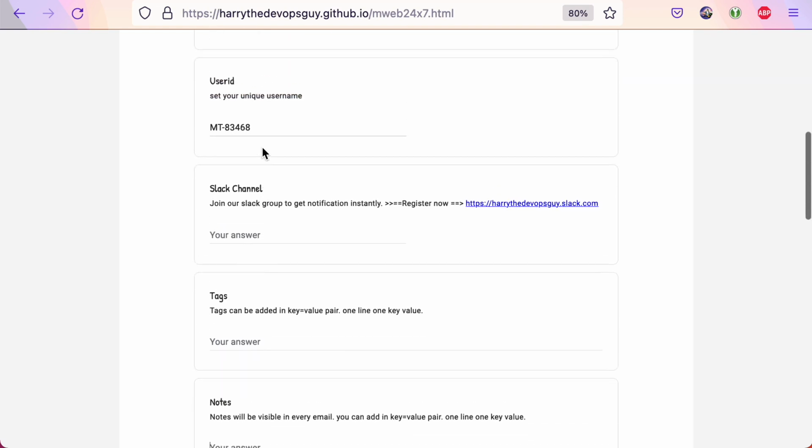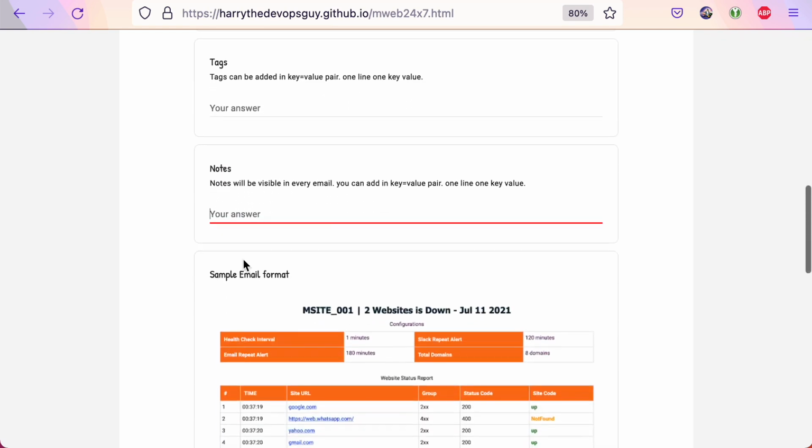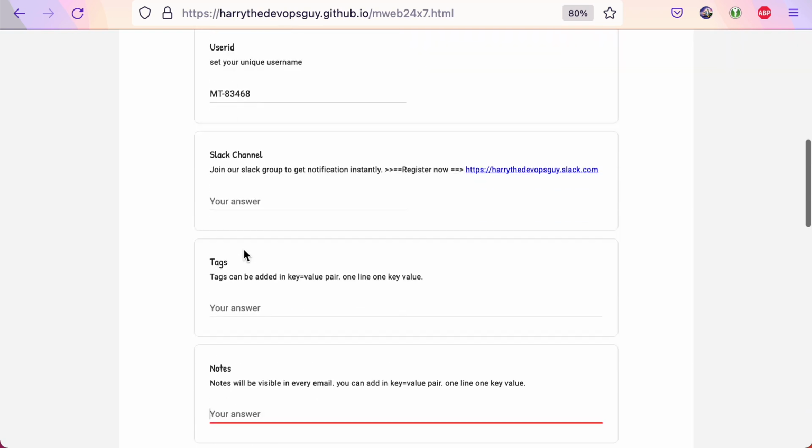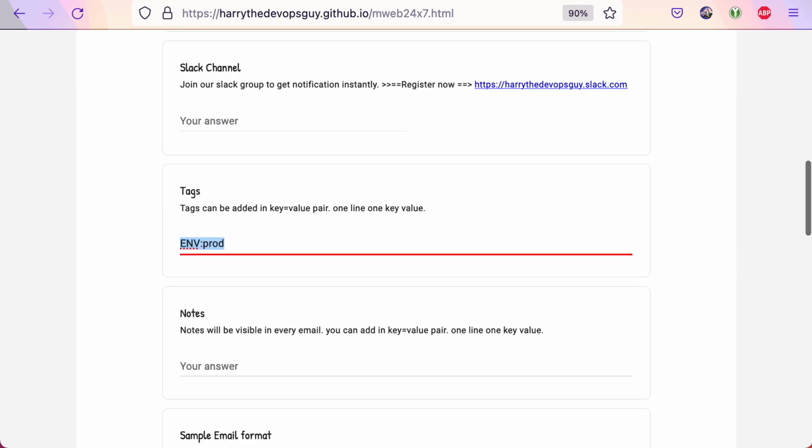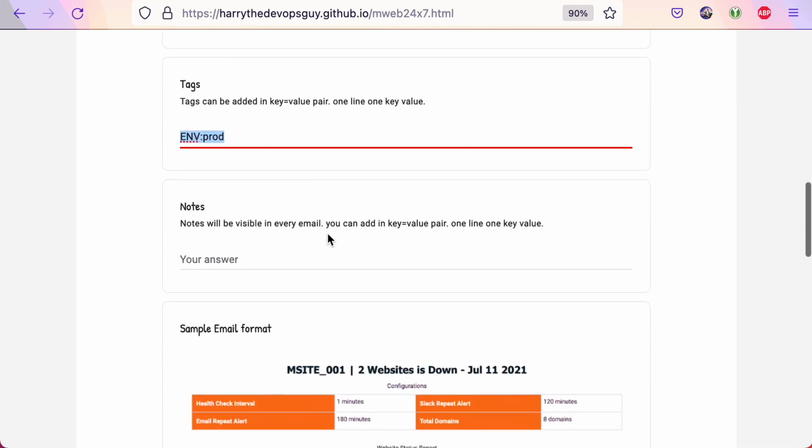Otherwise you can leave these fields empty. If you want to provide a value like env colon prod, it is a key value pair, the same thing as tags and notes. The key value pair should be separated by a colon. So we can use it like this.